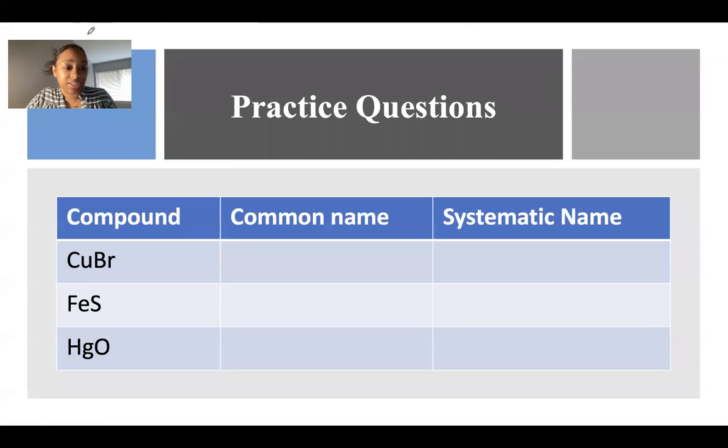Okay, so practice questions. Let's see what you learned and try to do these questions. What's the systematic name? Is the systematic name like the name? I've never seen that before. That's just the